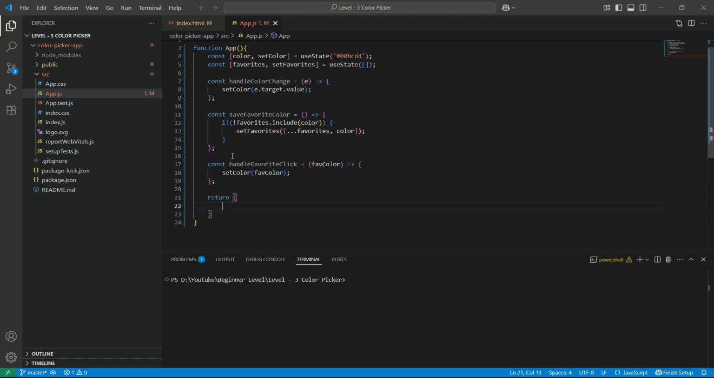Now in the return statement, we're building the UI. We start with a heading and a Bootstrap